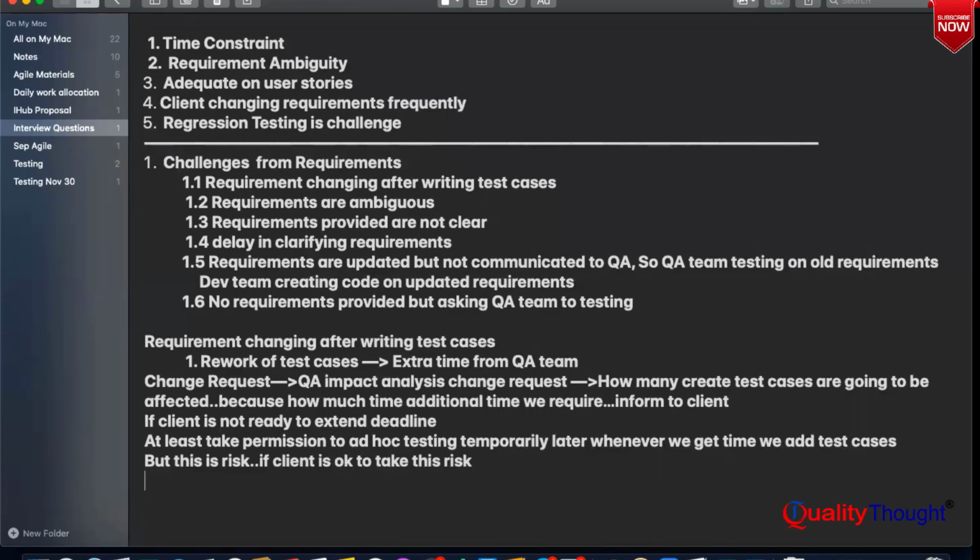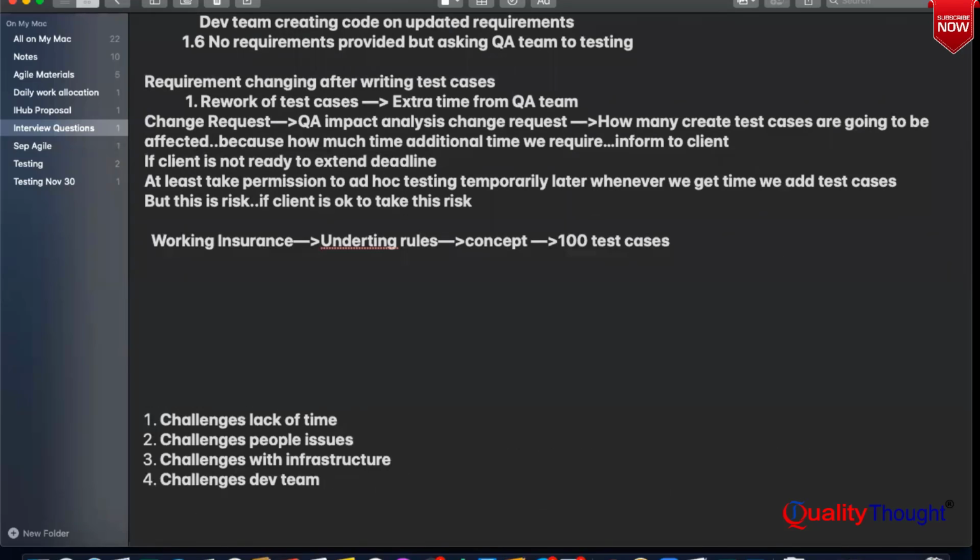I want to tell you about one of my recent projects, an insurance project. Suddenly the client added a functionality called underwriting rules. Initially the functionality was there with a different concept, but the client realized at the last minute and made some changes. When we analyzed the impact of this change, nearly 100 test cases were impacted. We were already running short of time for many reasons, so rework on 100 test cases